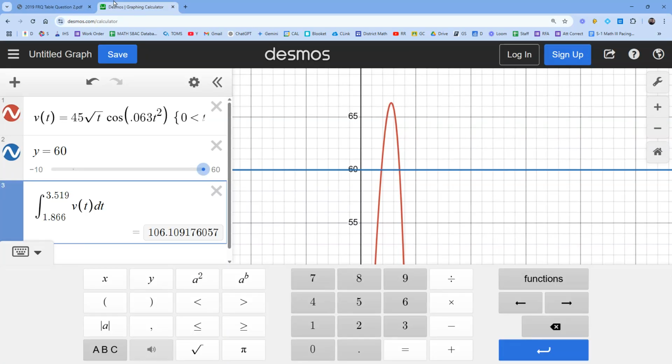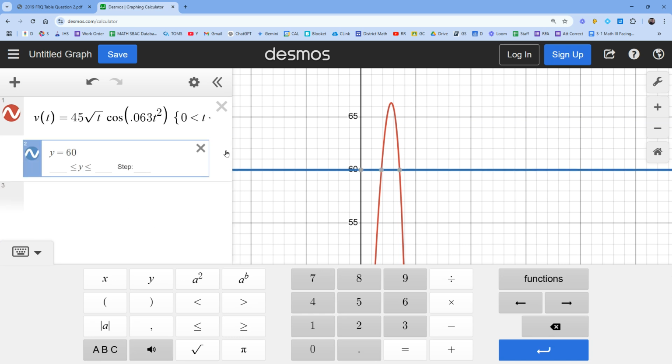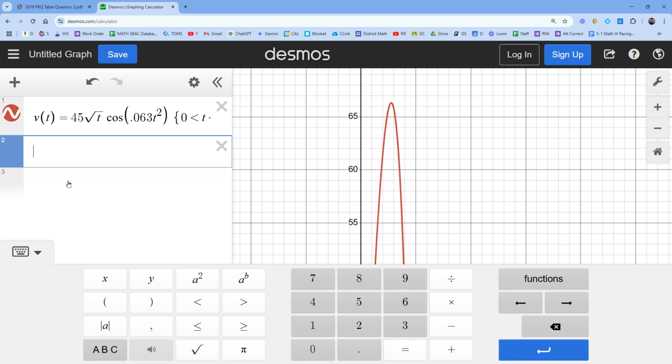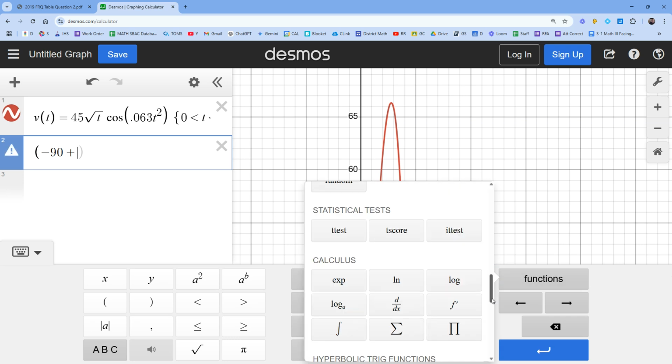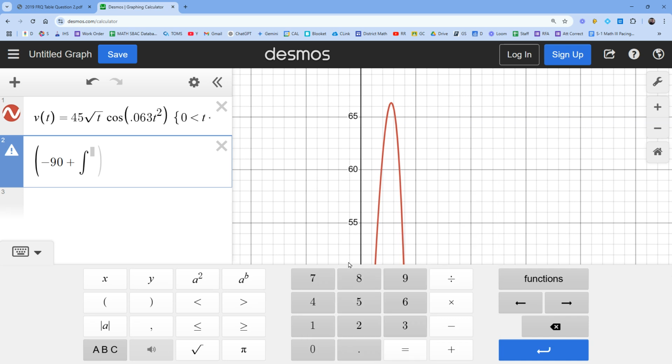All right, I'm going to clear this. I'm going to keep this up there because that's helpful that it's already defined. And I'm going to start typing. So I'm going to use parentheses, negative 90, plus, I'm going to integrate. So I'm going to go to functions, down calculus, down here. And then my bounds for the first one was 0 to 2.8. And that's the function up there. So I'm just going to call that v at t dt. Then I'm going to close the parentheses and then subtract and open up a new parentheses for the second one,